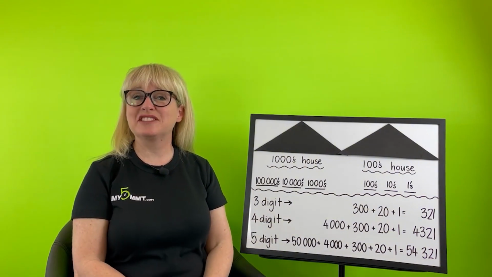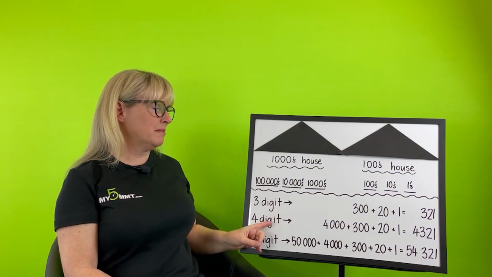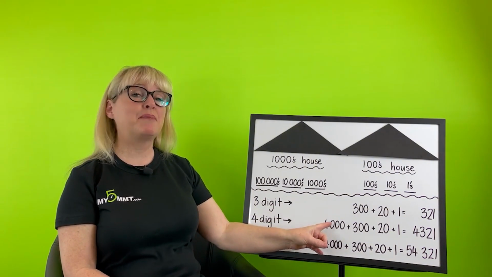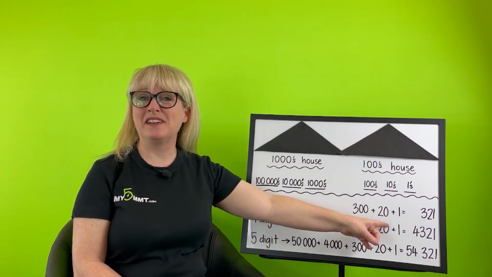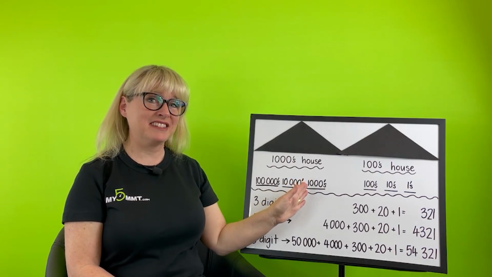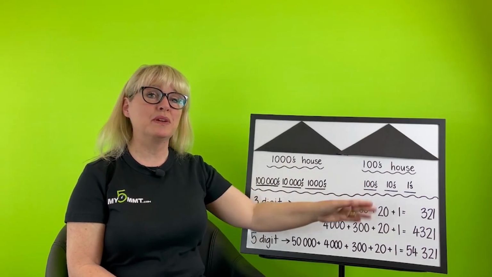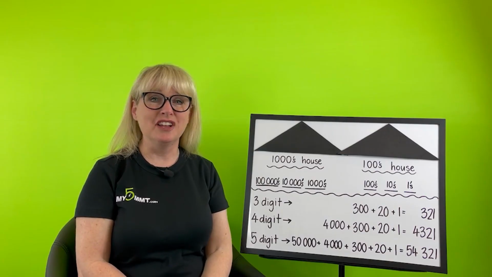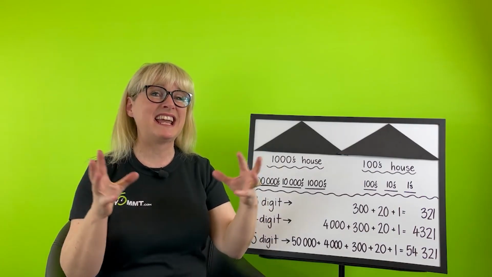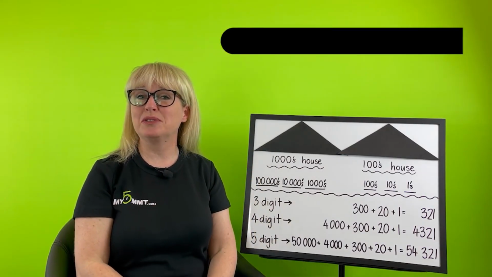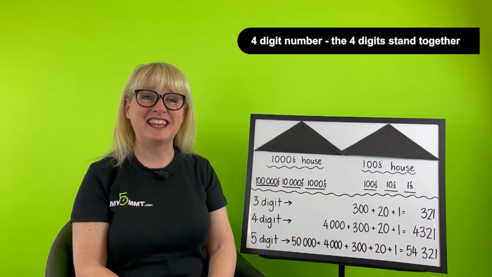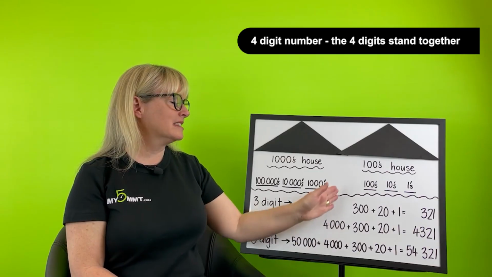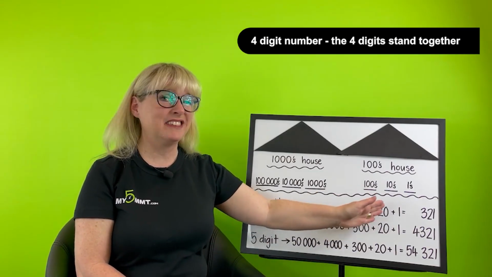Let's add an extra digit and make it a 4-digit number. Well, that's when we've got, for example, 4,000 and 321. I've grabbed one of my thousands numbers and actually placed it with my hundreds house numbers. So now I've got 4 numbers that stand together. Now that's important to remember that when we have a 4-digit number, they actually do stand together. We put the 4,000 with the 300 with the 20 and the 1, and it makes